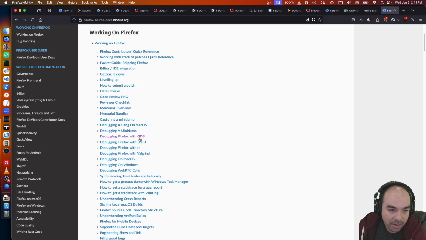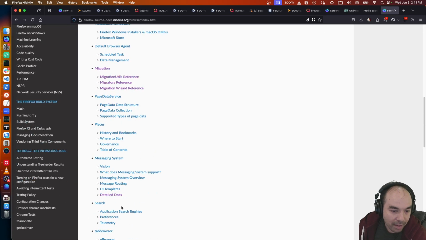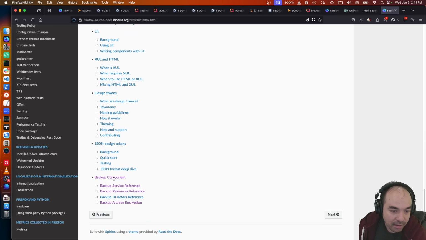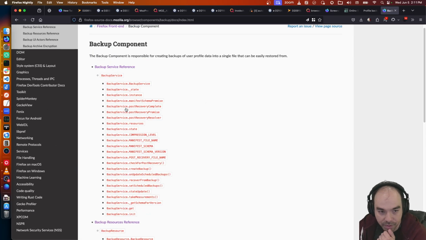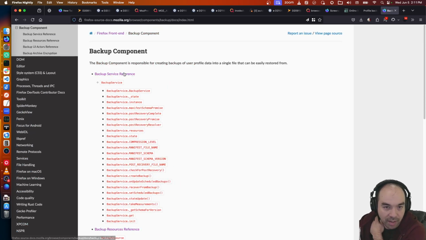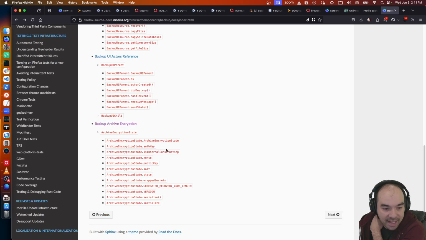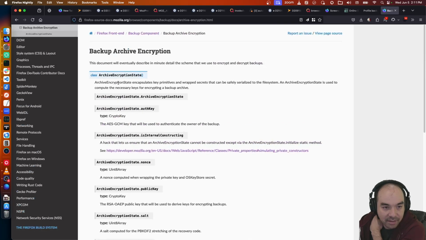You can find the backup mechanism documented here, so you can read about how the service works, but it's source code documentation. The encryption scheme isn't yet documented, but this document will eventually describe in minute detail the scheme that we use to encrypt and decrypt backups. So we haven't gotten to that part yet, but we will soon.